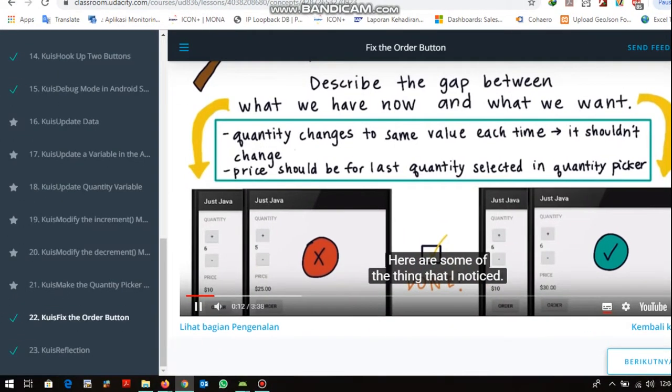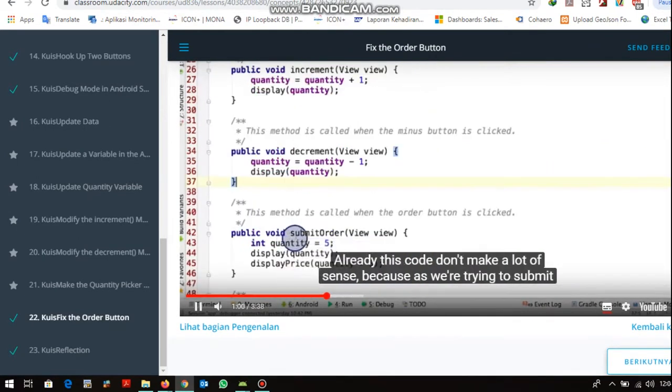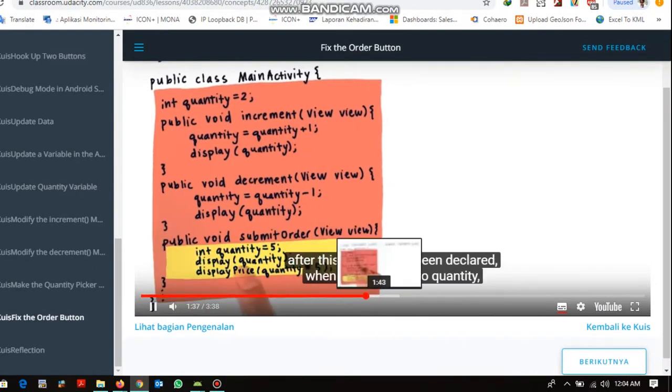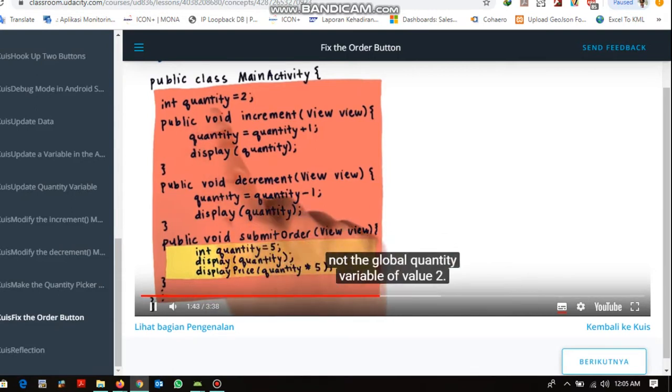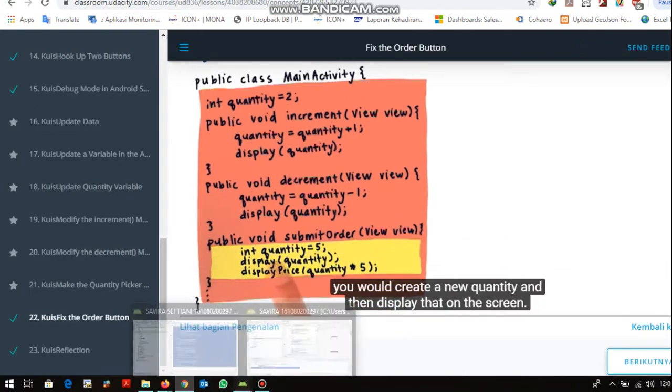Already this code doesn't make a lot of sense because it's a quantity variable. Whenever you refer to quantity, it actually refers to this local quantity variable with value 5, not the global quantity variable of value 2. To submit your order, you would create a new quantity and then display that on the